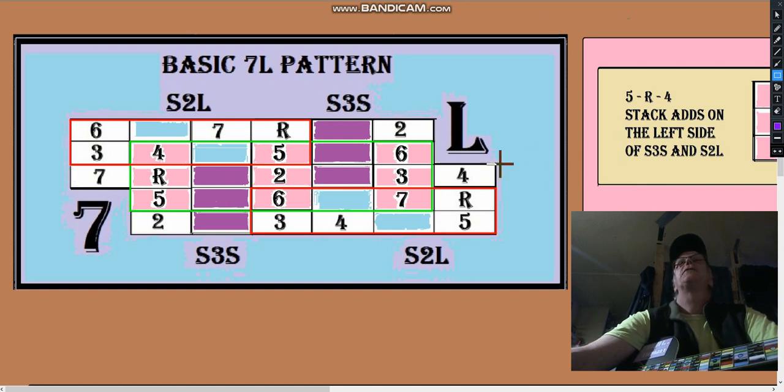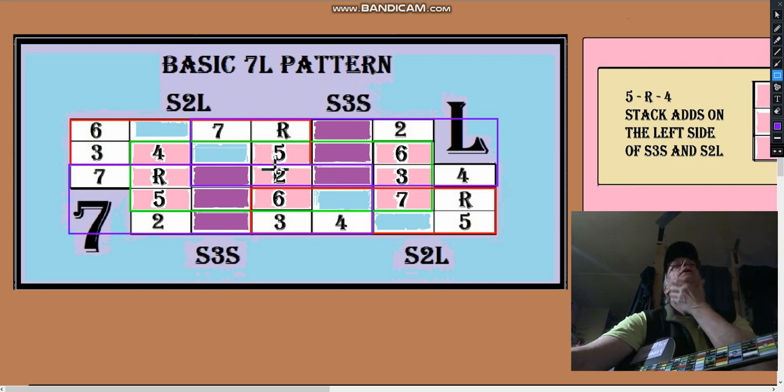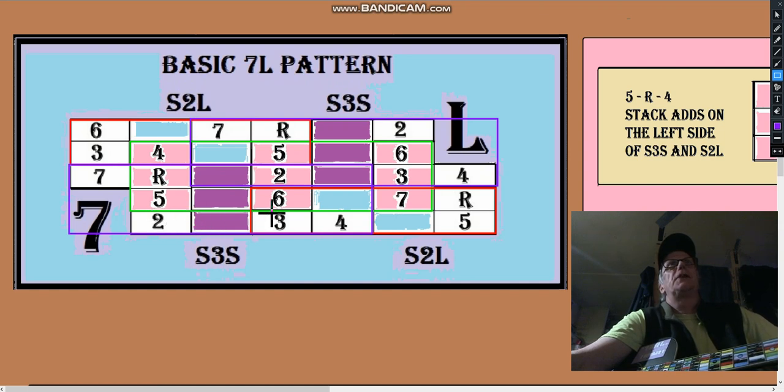And then we have our S3S's here, right here, and we have another one over here, and they overlap. They overlap, but they don't overlap vertically. They stack. So your S2L would be here. The S3S is right on top of it. Then they share notes horizontally. And so the S3S is on the bottom and the S2L. So it's just an S3S sharing these notes with an S2L, and it's an S2L sharing these notes with an